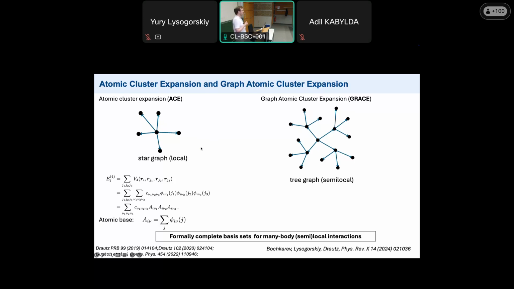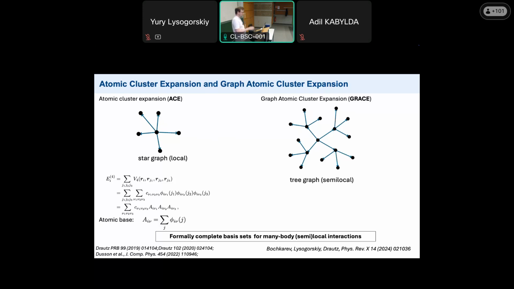We already heard a lot this morning about message passing, which is a way forward to increase the accuracy of this description of atomic systems. And message passing, from another point of view, can be considered as an extension of this basis set. So instead of a local atom, we can consider, let's say, 2 hops, 3 hops, and so on. You get 2, 3, 4, 5 message passing layers. But we can formalize it through the theory which we call graph atomic cluster expansion, which is just another interpretation of what we can do in this message passing.